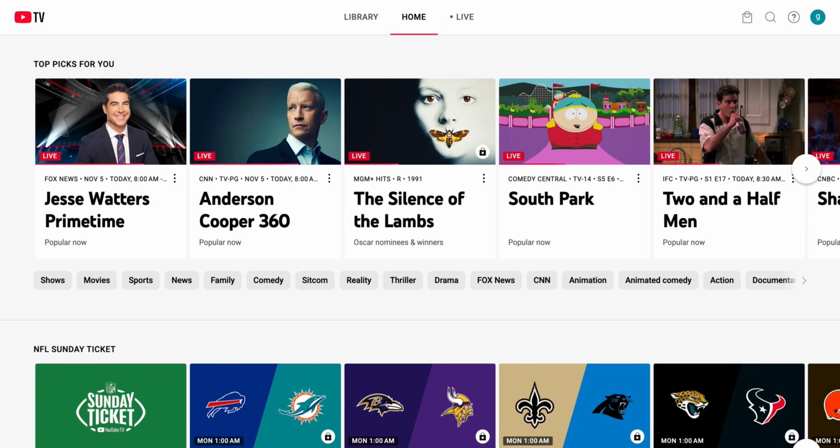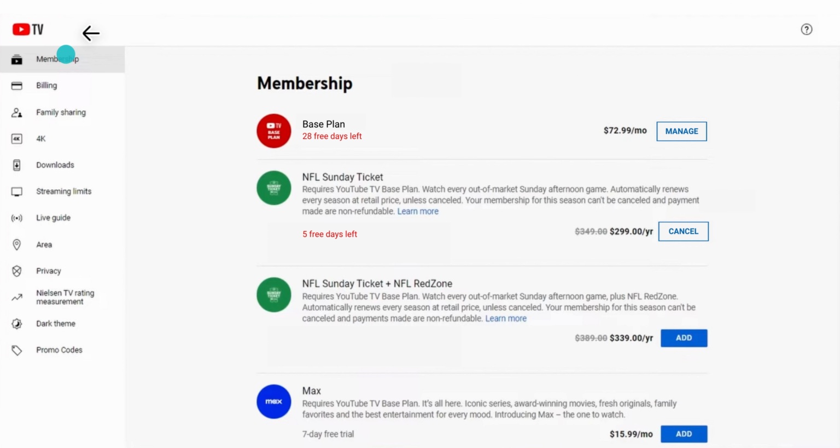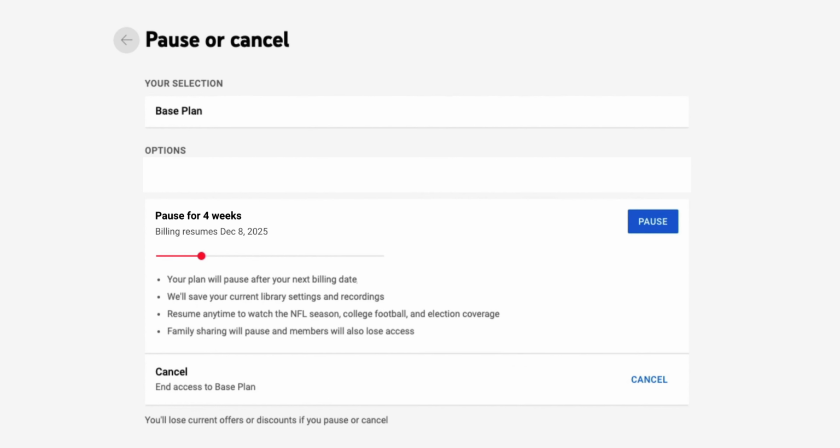So to cancel YouTube TV free trial subscription, you want to go to your top right of your screen on your home page, and then you want to click right here on your profile picture, and then you want to click on settings. On the settings, at the membership, at the base plan, you want to click on manage. And here at the pause or cancel, on the cancel and access to the base plan, you want to click